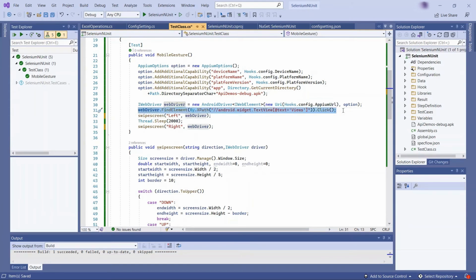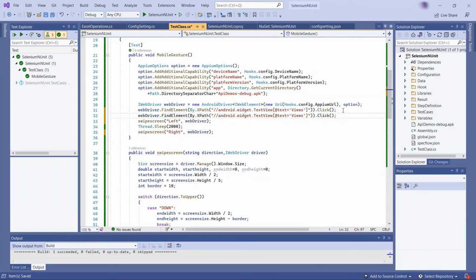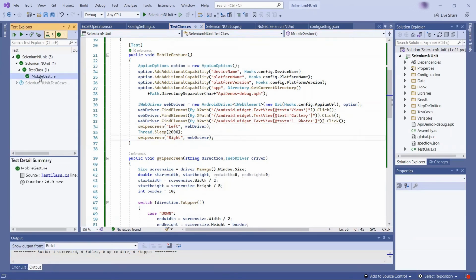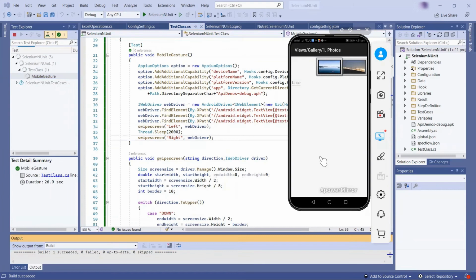Also, to perform the operation, we need to go to the desired screen by clicking on Gallery, followed by Photos. Now let's run the test again to see the swipe left and right operation.